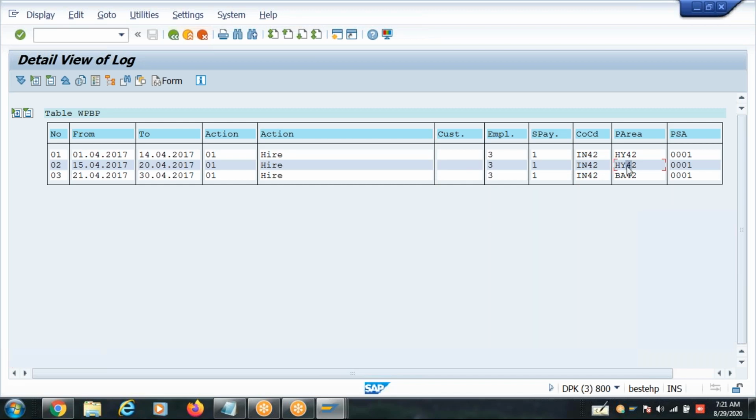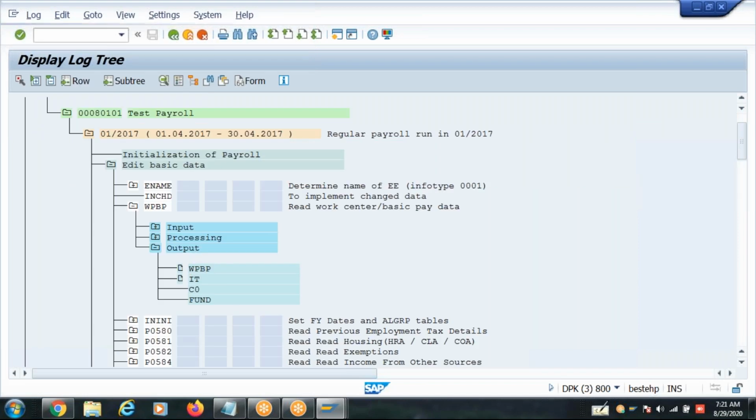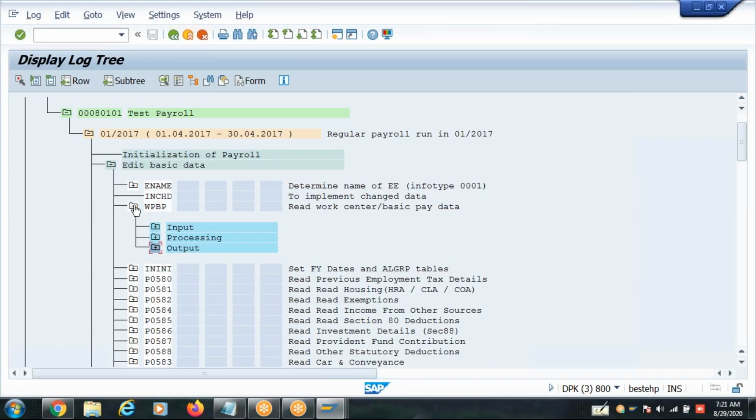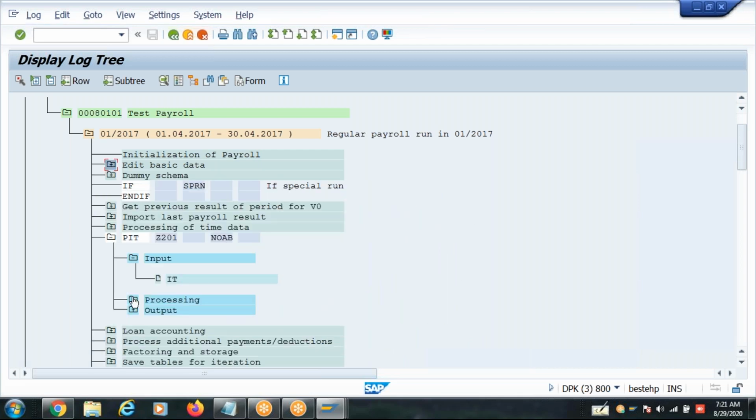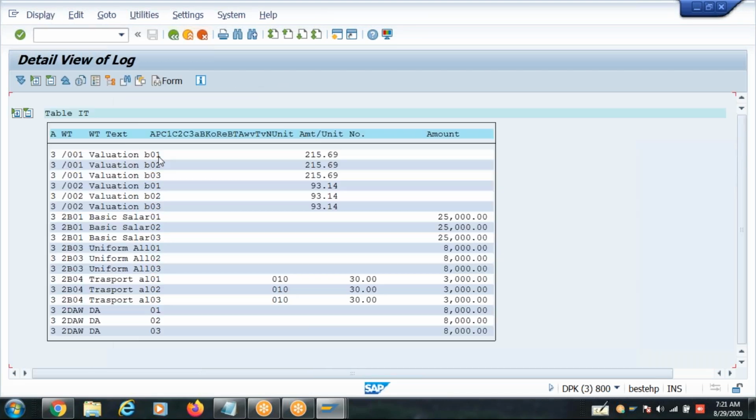First two splits have a location Hyderabad. The last split has a location Bangalore. So whenever you're calling OETWP on any waste tab, first it will look at the split of OETWP, the split of WPP split of that waste tab. If this is a waste tab, this is the entry processed in the rule. The first entry is processed in the rule.